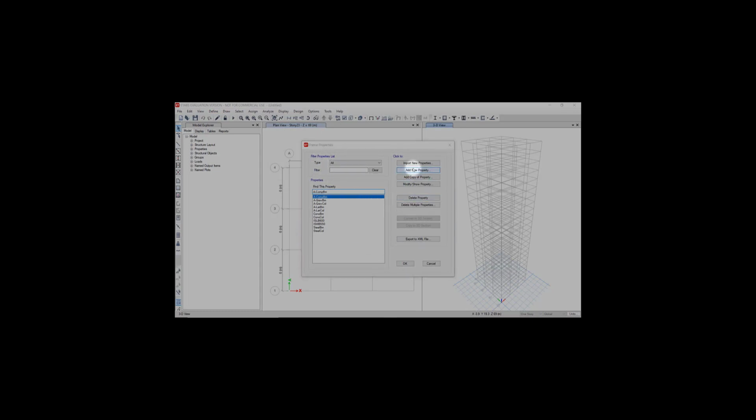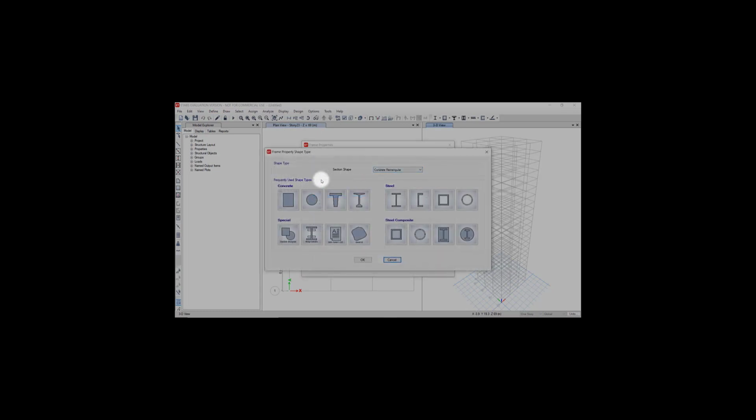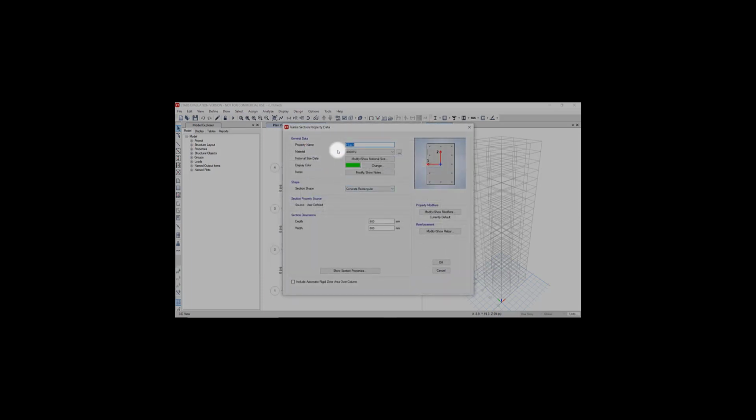then add new property, then go on concrete, property name, column 500 into 500, material M40.